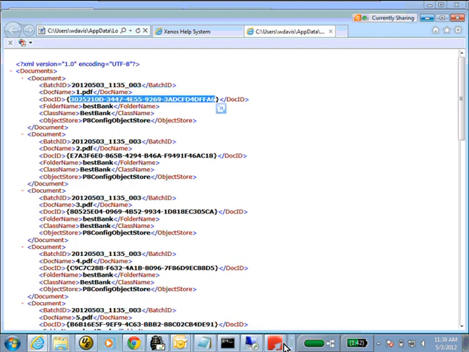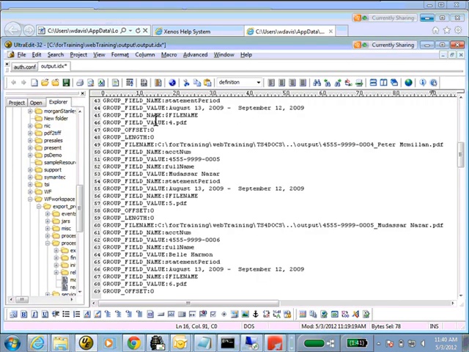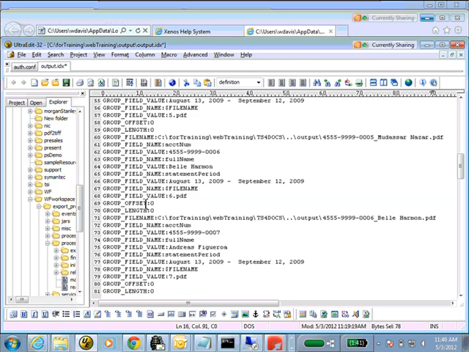If we look at the index itself, we have additional internal fields that we can put in to say, go into this object store, for this particular document. If you wanted to just put an entire load into one object store, you can actually put a variable into the loader itself to choose that as well. So it's entirely up to how you want to do it. If you wanted to split up an entire load across multiple object stores, you could by modifying the index file, and you could do that through those constants that we set up. Or you can utilize the loader if you just wanted to go into one object store and just use a variable in there.